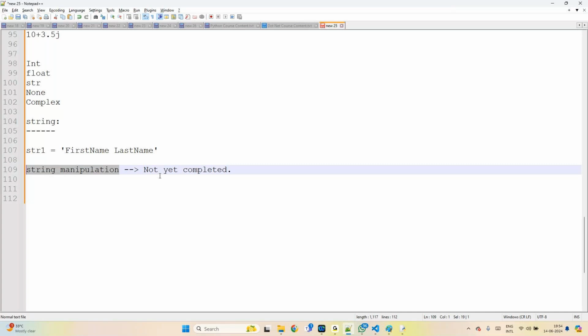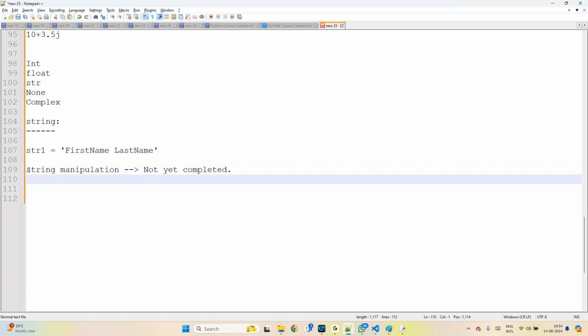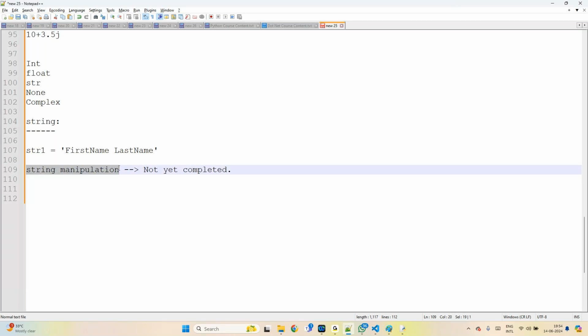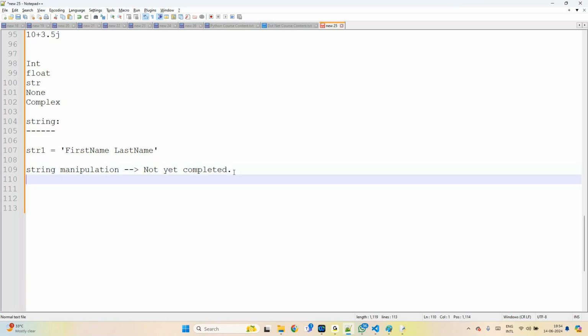In list, tuple, everywhere we can talk about this. Loops also, for loop, while loop, there also we can discuss string manipulation, because there are a lot more scenarios they can ask in interviews. The main core is string manipulation,